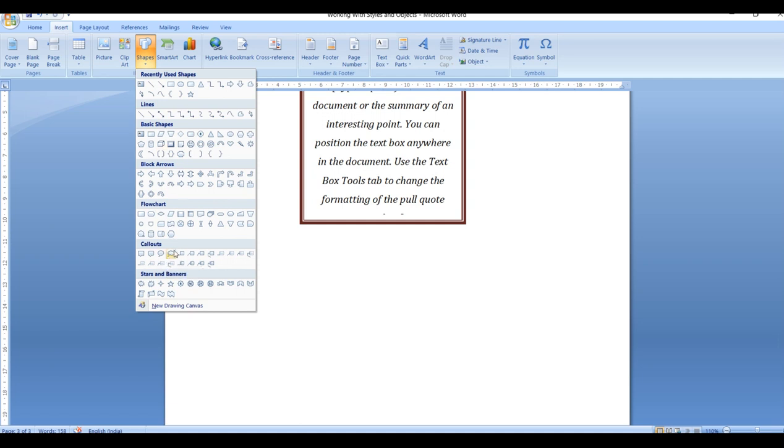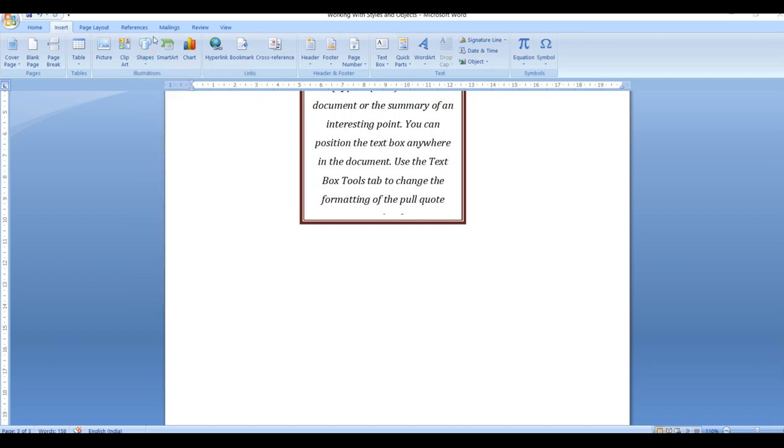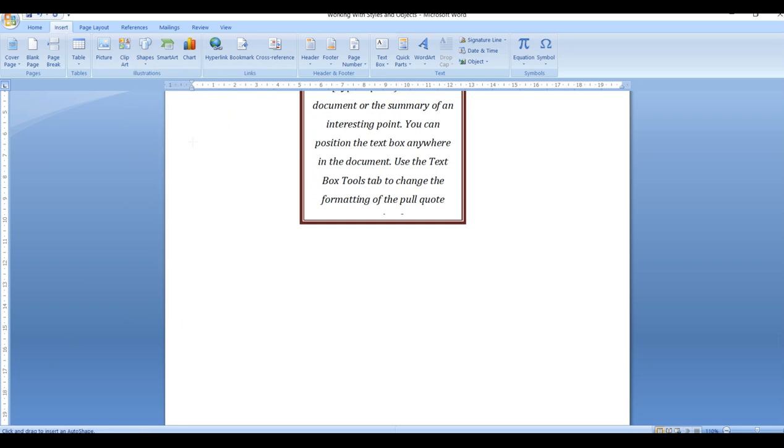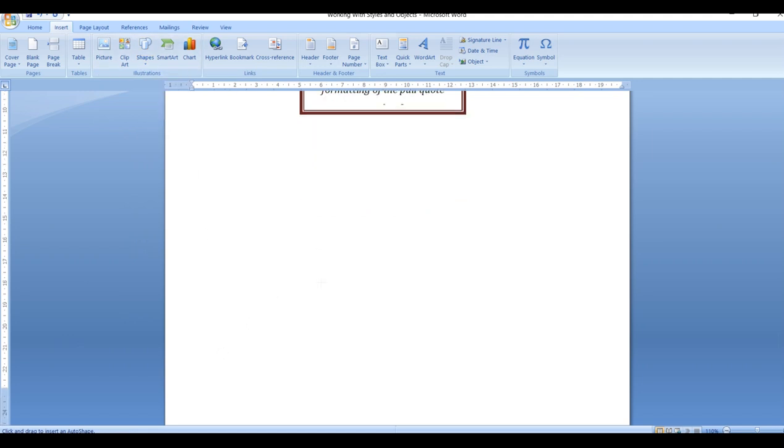We'll go to the basic shapes, like the smiley. So here is my smiley. Now I have selected the shape as smiley. Whenever I select this shape, my cursor changes to the plus sign.